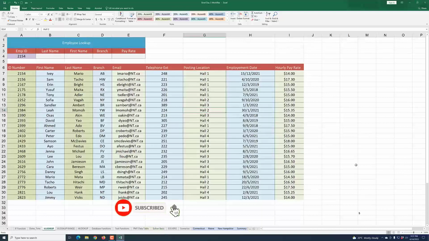Okay, welcome back to Excel 2016. In this lesson, we are going to look at VLOOKUP. VLOOKUP is a very popular Excel feature. It stands for vertical lookup, because what that means is that you can use one of the numbers, which is